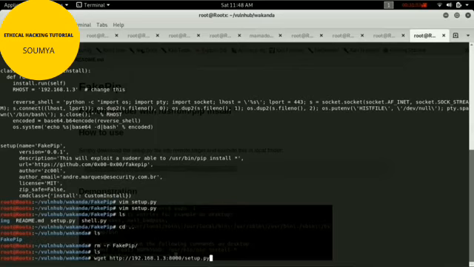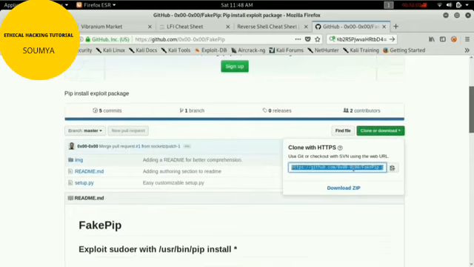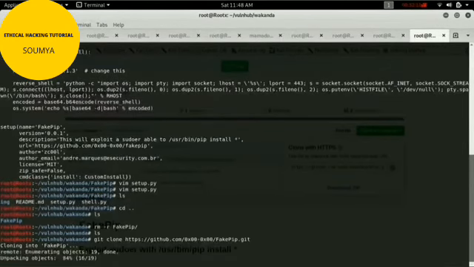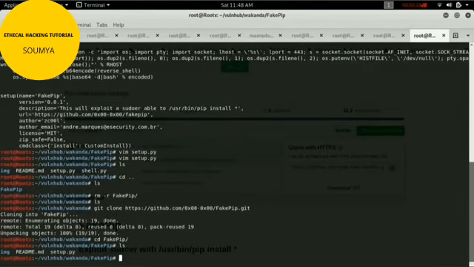Where is the git clone? Oh my god. Fake pip. I'm just stuck at this one. Just copy this. Git clone. Again git clone. Okay, cd fake pip.